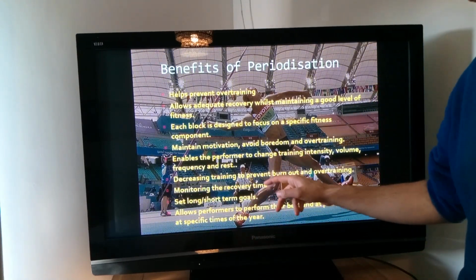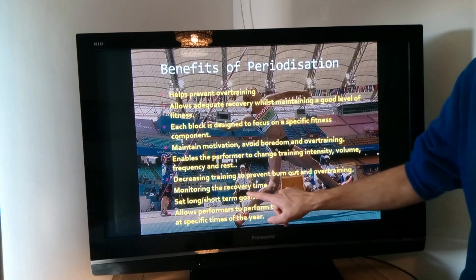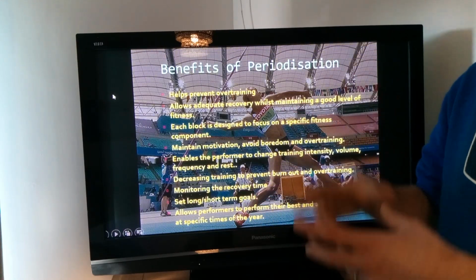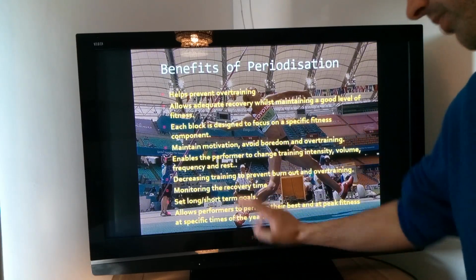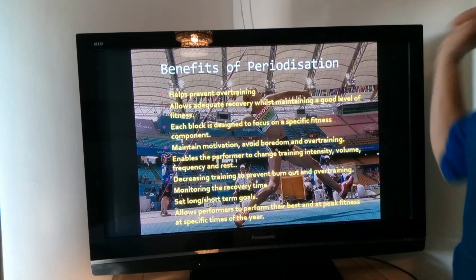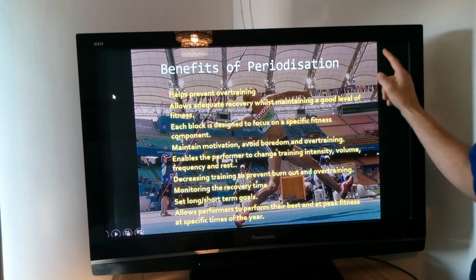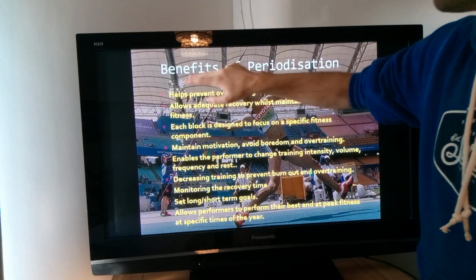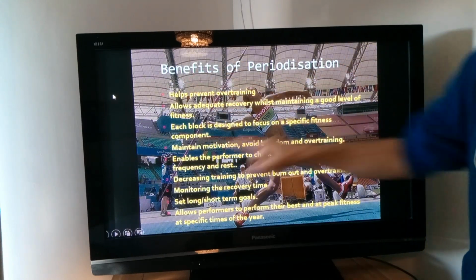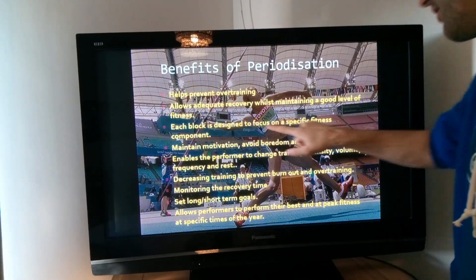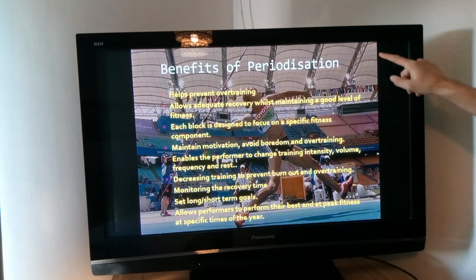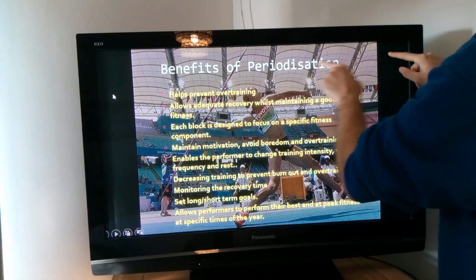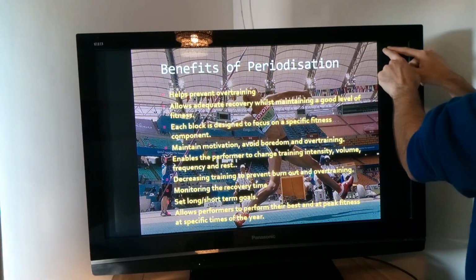Monitor, so we showed the testing that was on the large one. So you can test, you can see whether you're achieving your short-term goals. And hopefully, the whole idea is to allow you to perform at your maximum at the point that you require it. And that might be that actually you peak and trough, because you might have a championship here and an Olympic Games here. So you peak for these and you come back down and then you peak for the Olympic Games. But the end result is, whatever your long-term goal is, that's where you should peak to reach the top.